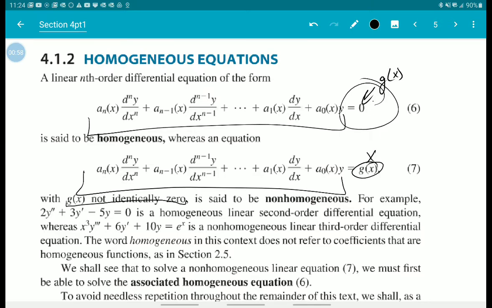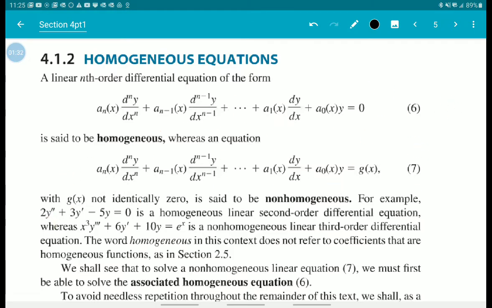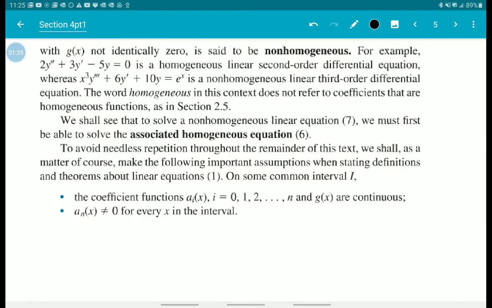So different instructors say different things. I had an instructor back in college that called this homogeneous and non-homogeneous. Most of my instructors, when I had courses that dealt with equations like this, used homogeneous and non-homogeneous. So that's the terminology I use because that's what 9 out of 10 of my instructors used. So if you watch different YouTube videos, they may pronounce it differently. So it's like tomato versus tomato, I guess. I don't know. Anyway,